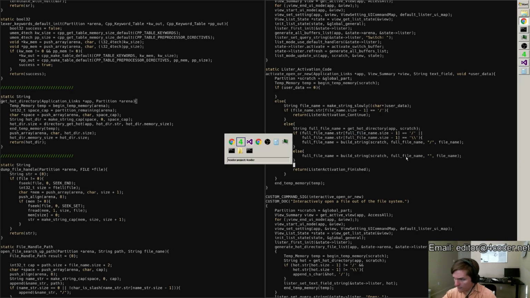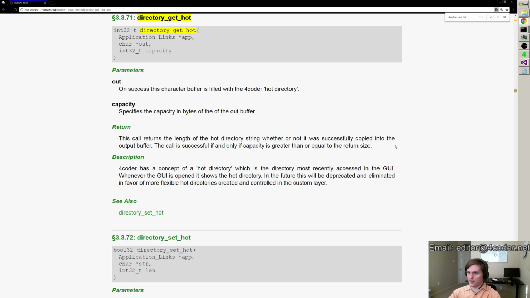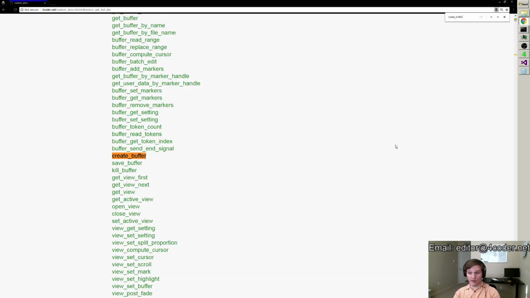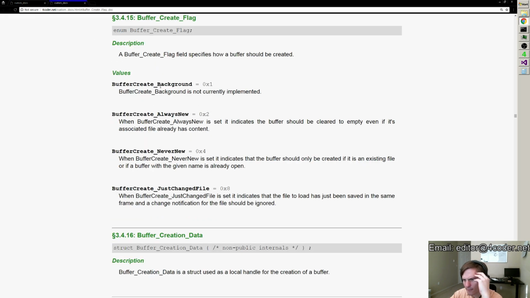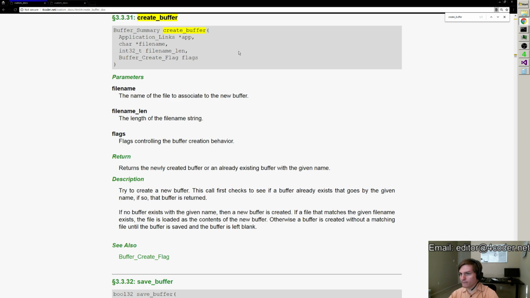So that gives us a full file name, and now what we want to do is create buffer. Background, always new, never new, just changed file. I really suck at my job sometimes. Okay. Well,